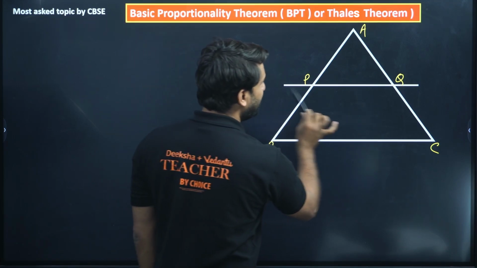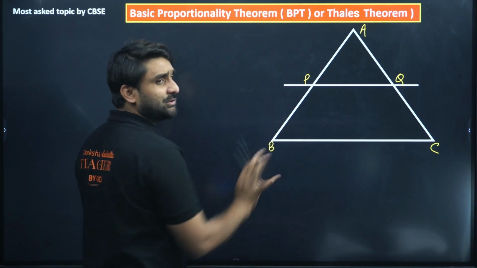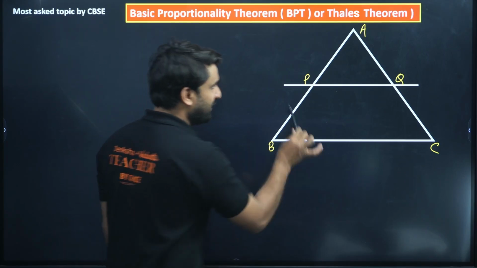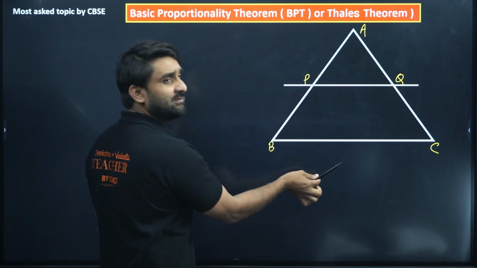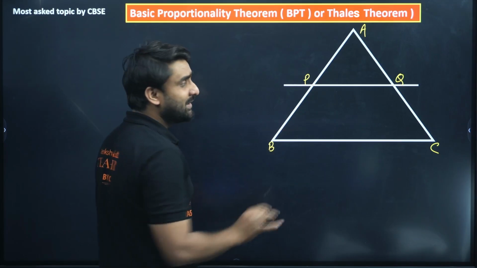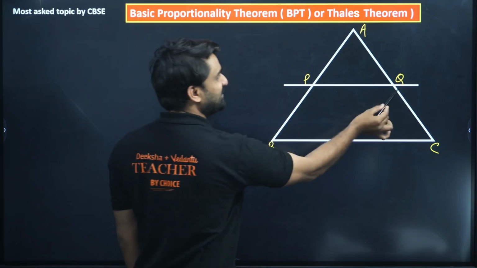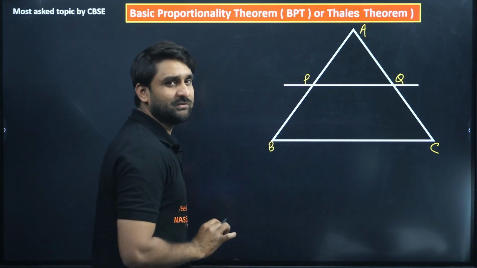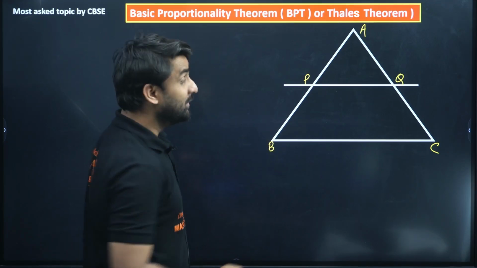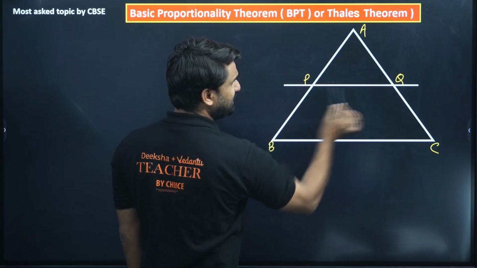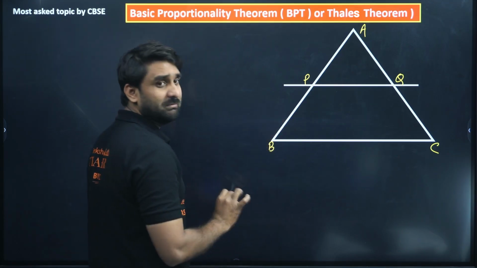When we draw a line parallel to any one of the three sides of triangle ABC, and that line intersects the other two sides at two distinct points, P and Q, both distinct because the points are different, then BPT says that if this line PQ is parallel to BC, the third side,